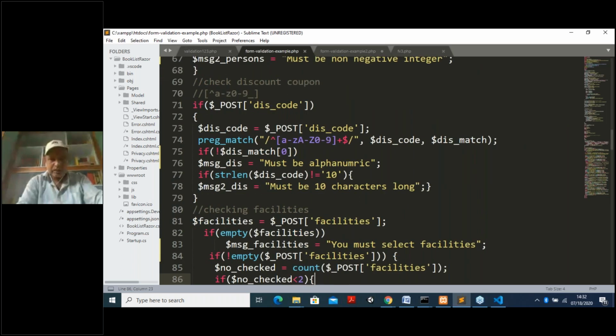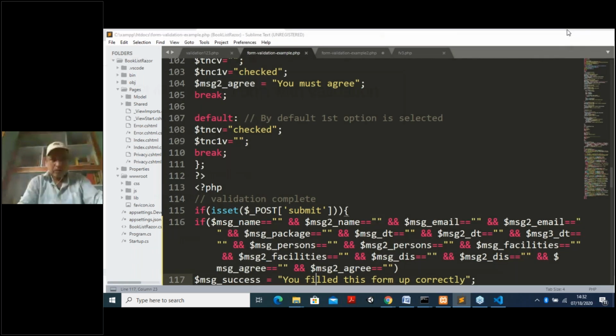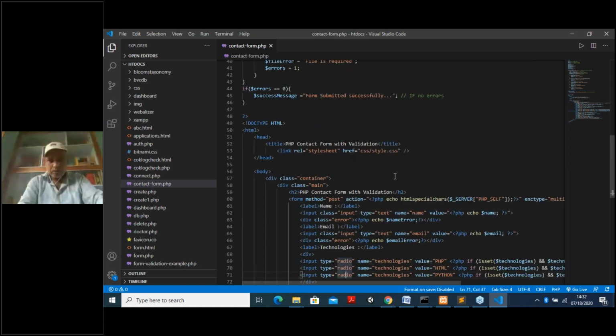Now this is not the contact form validation, it is not here. Oh sorry, I am searching here, this is the form here. Here I go for this part.